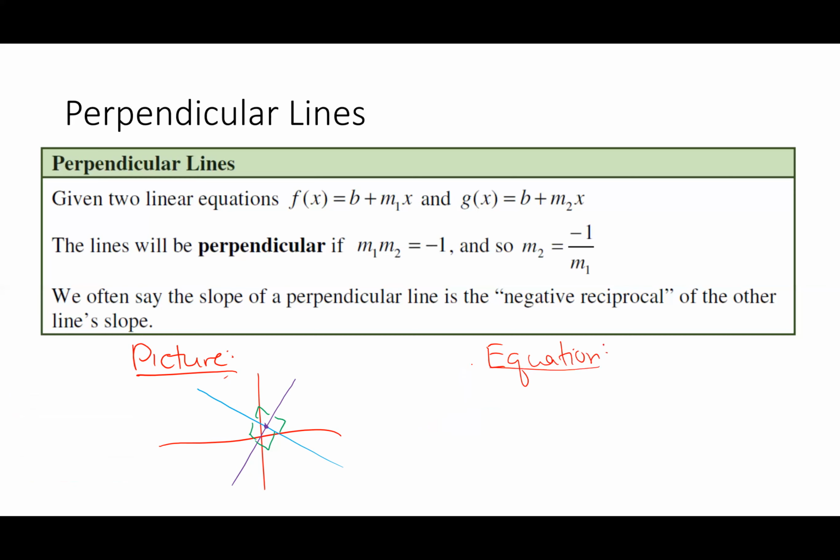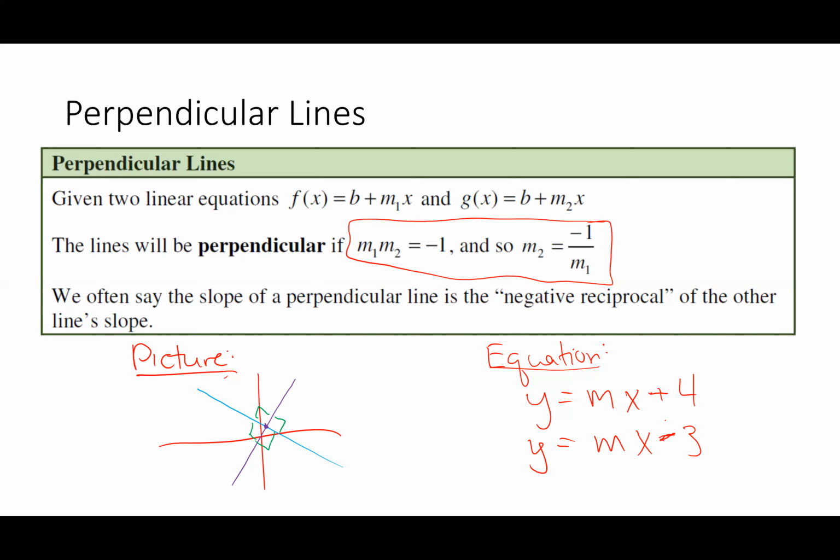So this definition is ultimately stating that if I've got these two lines, and we'll say mx, I don't know, its y-intercept is 4. And then this line has a y-intercept of -3. Now, here's the thing. If these lines are going to be perpendicular, the notation for that is this guy here, looks like an upside down capital T. Then what's going to happen is if I choose some slope for the first line,